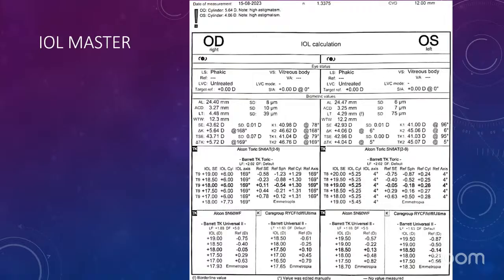So the customized toric IOL, this one from Carebook, has a plate haptic hydrophilic design. All customized IOLs are usually in hydrophilic form. Why? So it is more foldable and